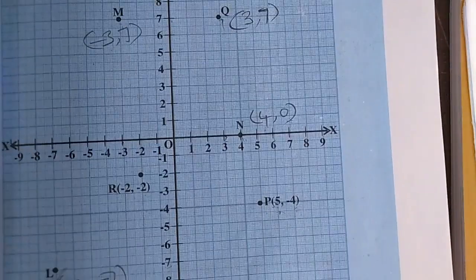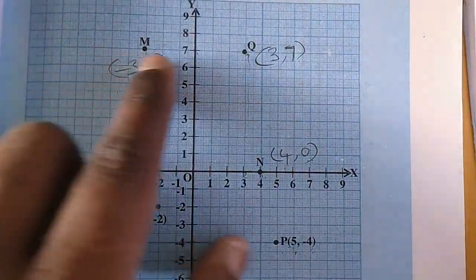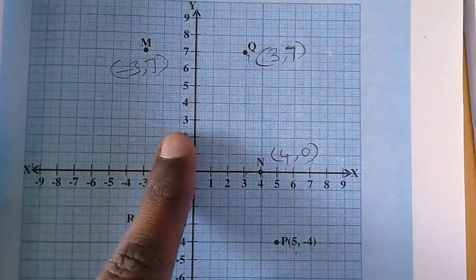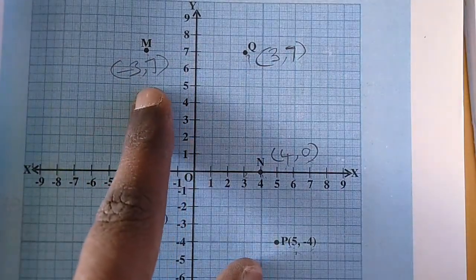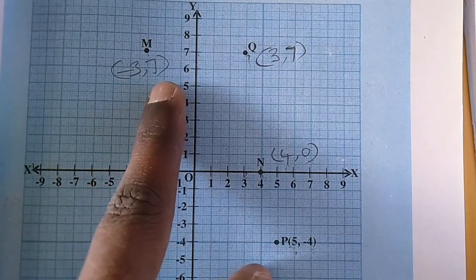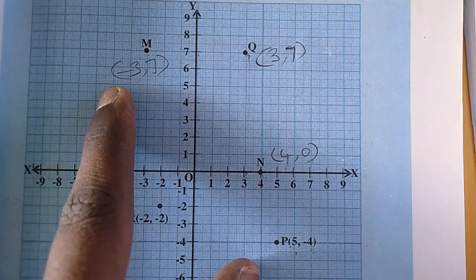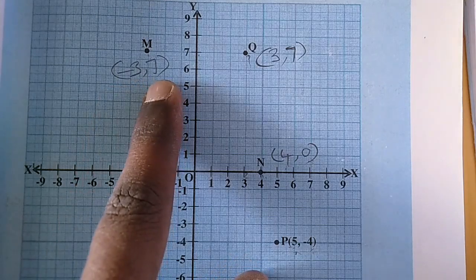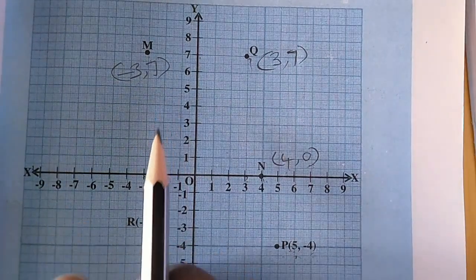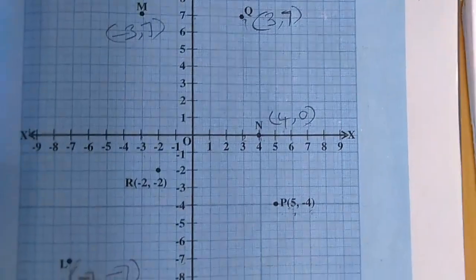Hope you all understood? Very simple. Look at the graph sheet, write the ordinates and abscissas of all the points. That means x coordinates and y coordinates. You have to put them in the bracket. These are called ordered pairs. The first one is known as x coordinate, second one is known as y coordinate. Another name is, the x coordinate is known as abscissa, y coordinate is known as ordinate. So looking at the graph, addressing the points and writing what is asked. Okay. So hope you all understood this one.